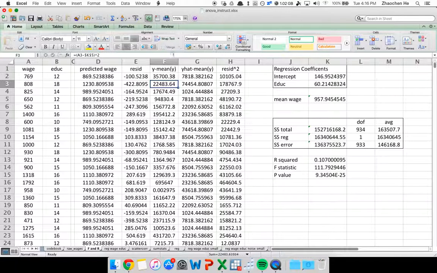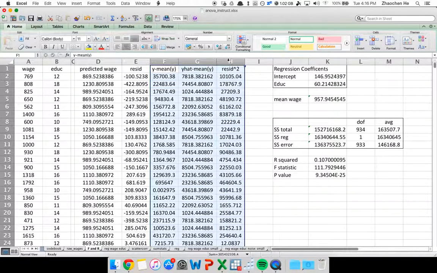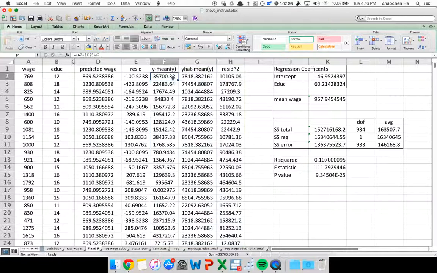Okay, so now we're going to compute three numbers in rapid succession. The first number is the square. It's a sum of squares that we're about to compute here. So we're going to compute a bunch of distances and we're going to square them. The first number is each person's actual level of wage minus the mean wage of everyone in the data